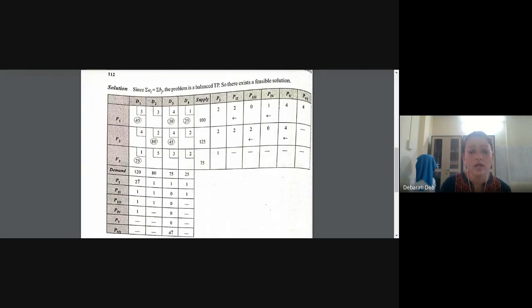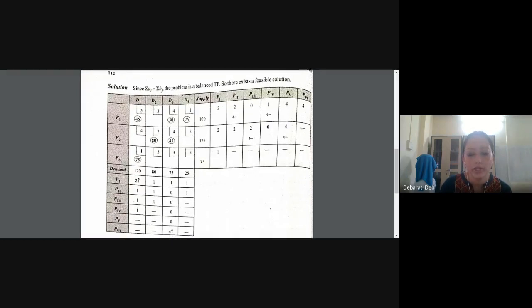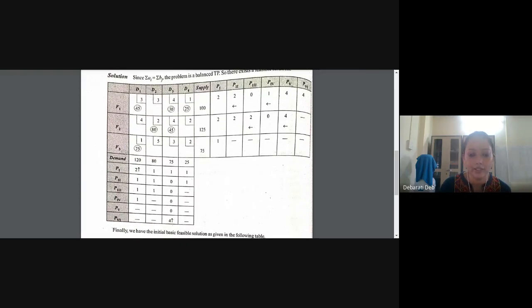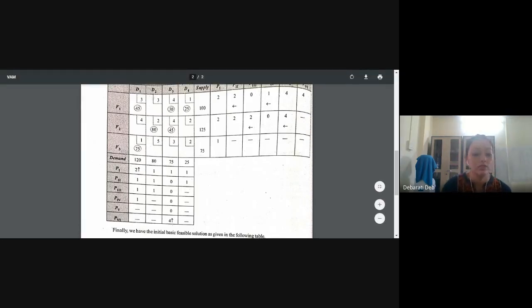After writing this line, on your screen you can see that in a single table it has been extended towards the right hand side and downward, and all the differences between the least cost and the second least cost have been done in a single table. But you will not do it like that. You will make all the tables separately, like yesterday's sum. First allocation, second allocation, like that you will make different headings and then solve this sum. So let us start.